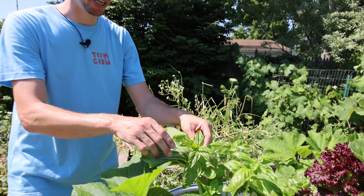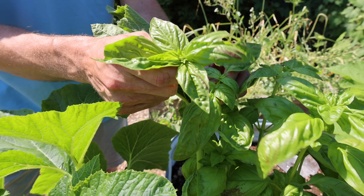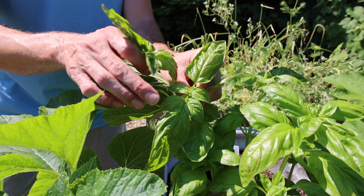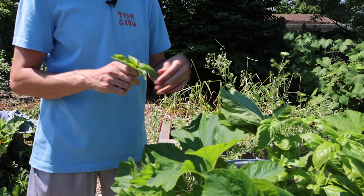When it comes to your basil plants, when they do start to flower like you see here, what you want to do is just pick that off. Then we can use this basil, but it will also encourage the plant to continue to bush out. This will delay the flowering process and allow this basil to continue to kick out more leaves up until the